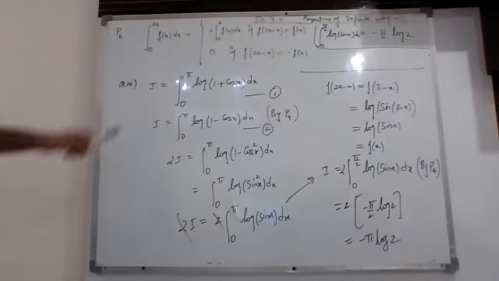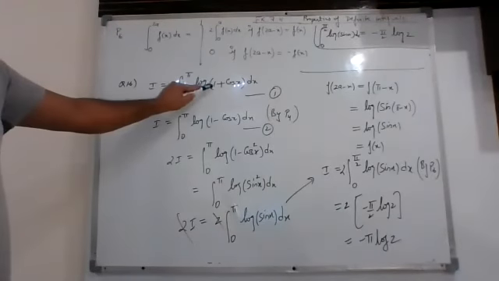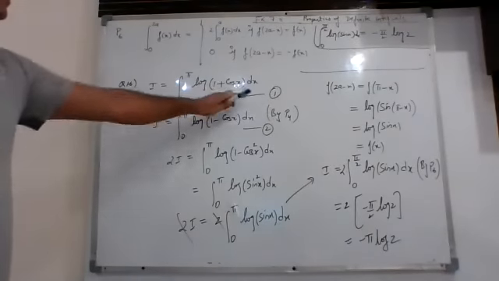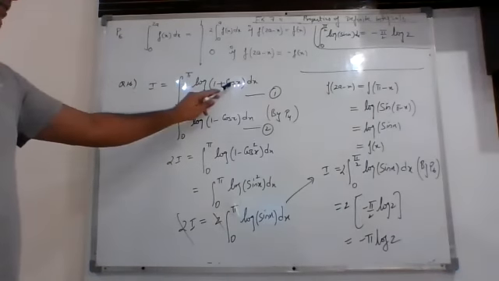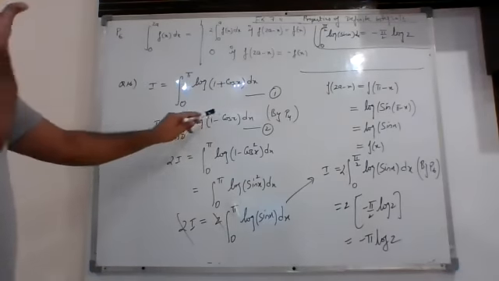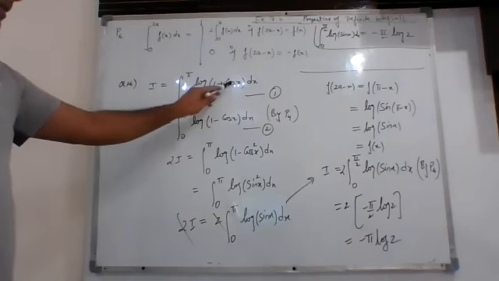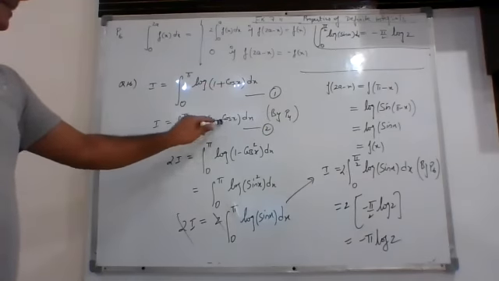Okay, so here we have question number 16 from the 7.11. I is equal to integral 0 to pi log 1 plus cos x dx. Let us call it as number 1. So if we apply P4 property, in place of x, we are writing pi minus x, then you know that in second quadrant, cos of pi minus x will become minus cos x.